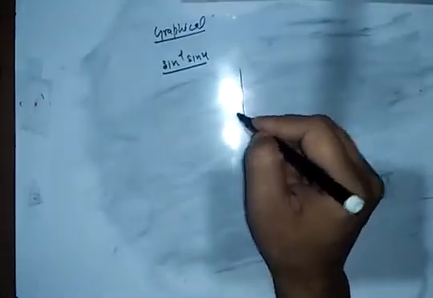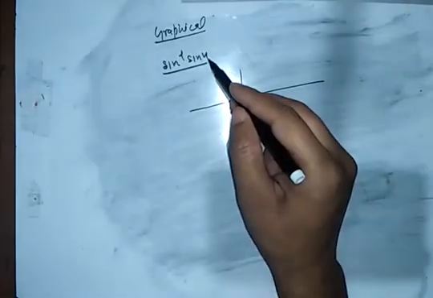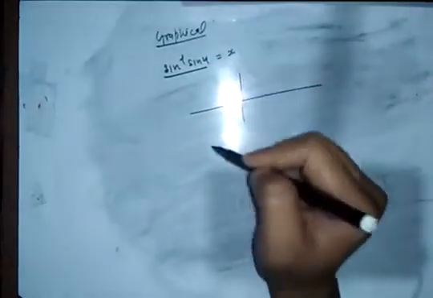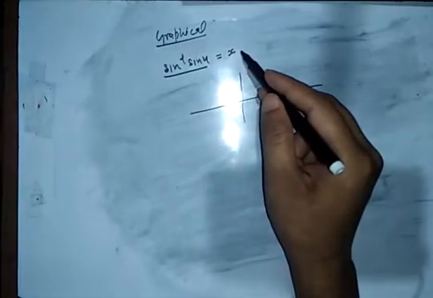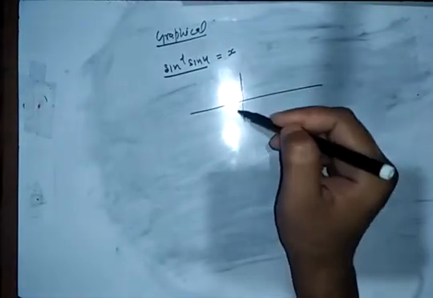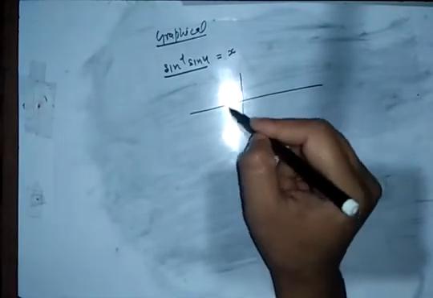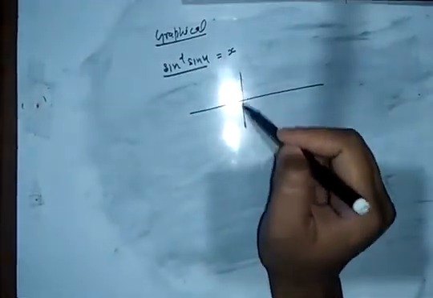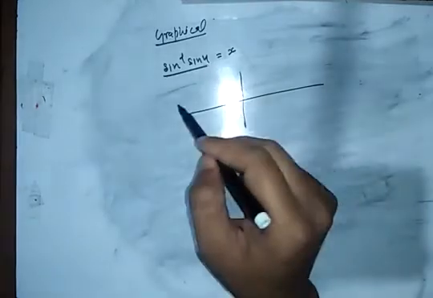Graphical. Okay. Consider this: sin x is defined for all real values, from minus infinity to infinity. But we know that sin inverse of sin x is nothing but x. x is a linear function, so this is a straight line passing through the origin. But the maximum value of sin inverse x is minus pi by 2 to pi by 2, okay? But sin x takes all real values.